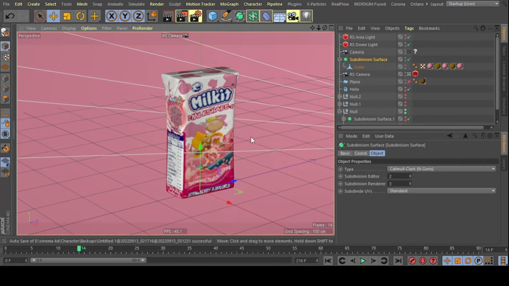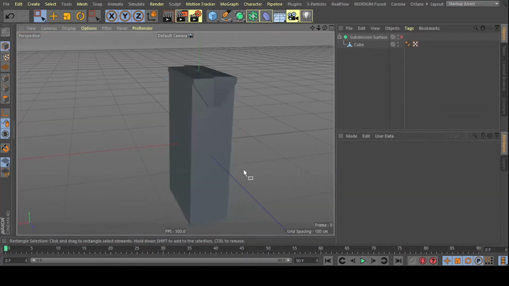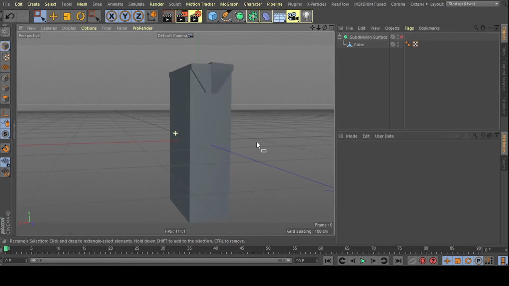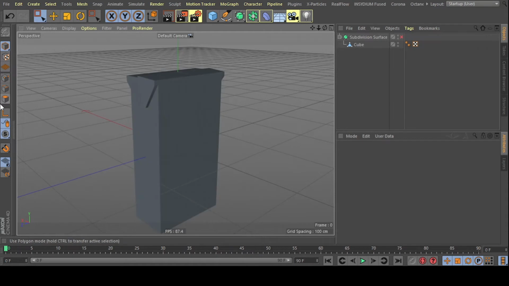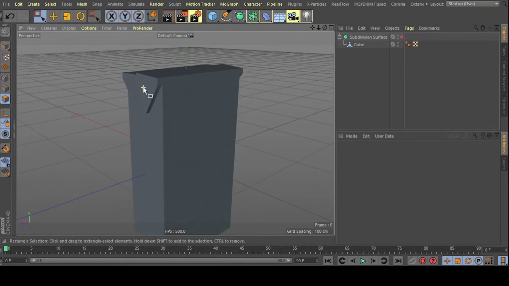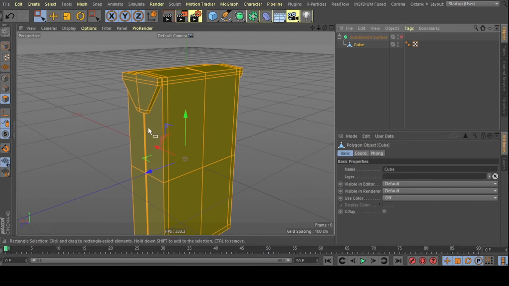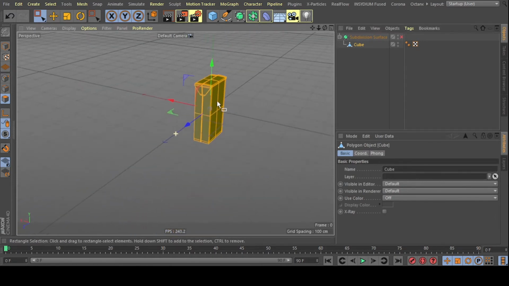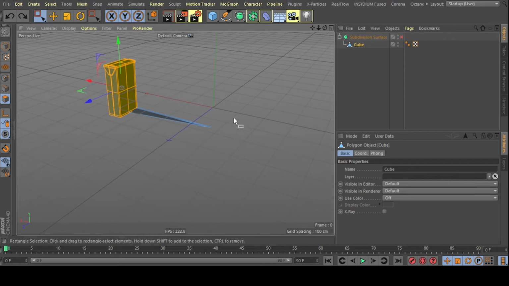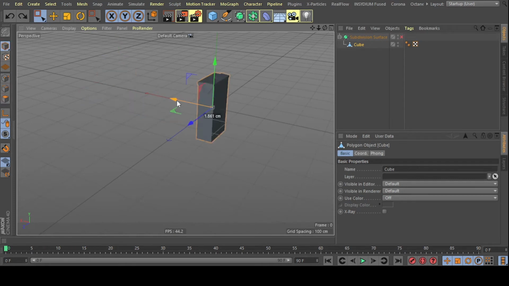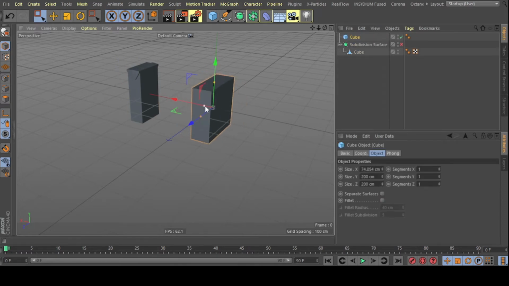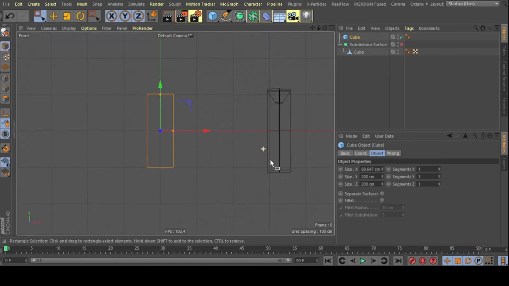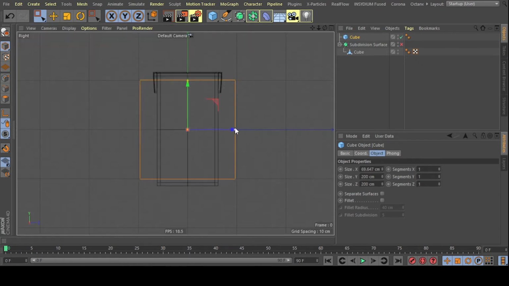So let's actually see how it actually looked like. So this is how it actually looked like when I was doing my modeling, face modeling. It was just a cube. And let me bring this back to somewhere there. Okay, so it was just a cube. Then I scaled it to something like that,